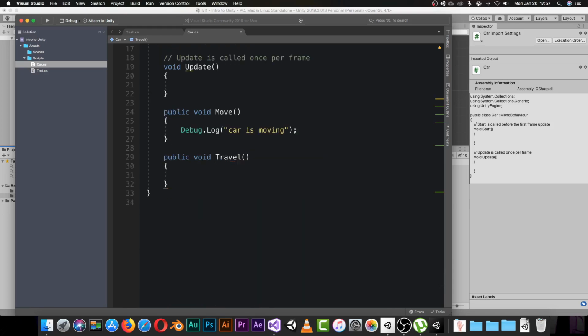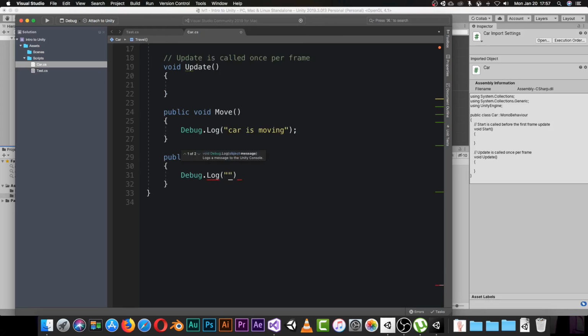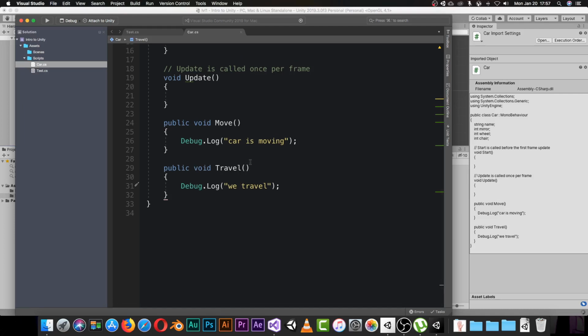Inside of it, we are going to do again a debug.log, just saying that we travel in a car, right? So the car is moving and we can travel inside of it. I will save this script, and here we have two functions for our car, for our object, and we have